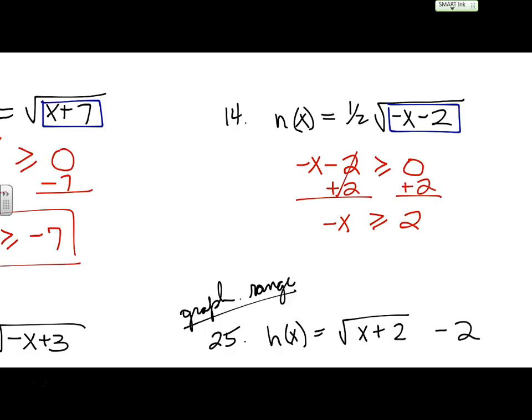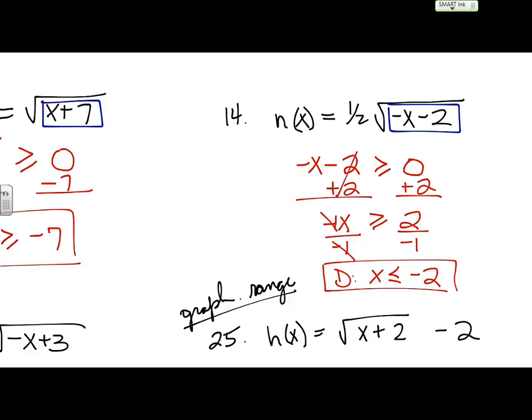No. Just move it. And I'm going to go ahead and just divide by a negative 1. Now wait. There's something super special with inequalities. When I multiply or divide by a negative, what happens to my inequality? It's less than. So instead of greater than or equal to, I have to flip it. That's a rule from a while ago. But when you multiply or divide by a negative, you have to flip the inequality. So our domain, got